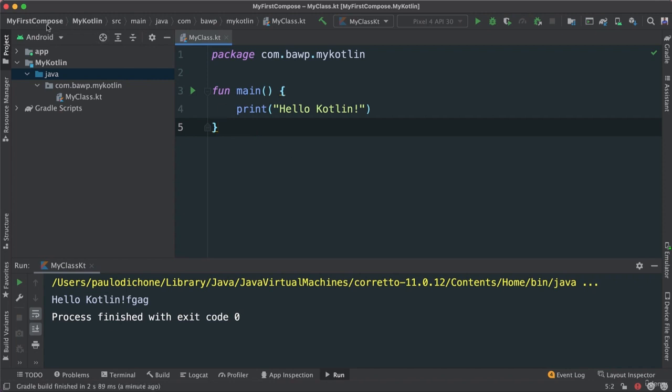So back to my first compose project, which we created before if you've been following us. It is indeed an Android compose project, and then we attached a Kotlin module. If you are shaky on how to create a Kotlin module, just go back to the previous videos where we were setting things up and I'll show you how to create a Kotlin module inside of a compose or Android application. It's just the easier way for us to learn Kotlin separately, but still inside of the main Android project,